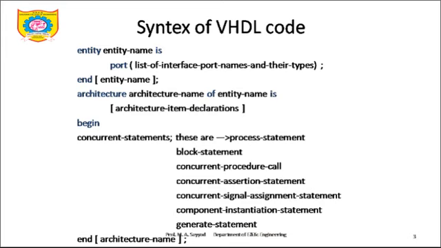You can clearly see there are two parts of an architecture. One part is before the keyword begin and one part is after the keyword begin. The part before the keyword begin is called the declarative part, whereas the part after the keyword begin is called the statement part. Whatever things are essential for your VHDL code are declared before the keyword begin. These things may include declaration of signal, declaration of variable, declaration of component, and declaration of type. You can do this in the declarative part of an architecture.